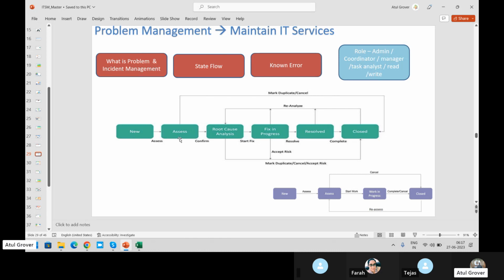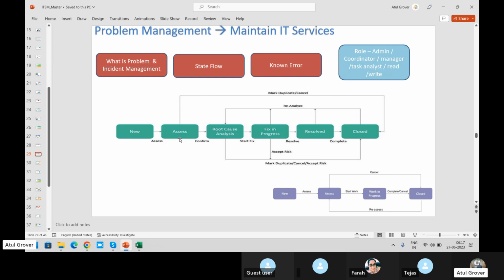It comes to me as a problem manager. Here I do the assessment. What type of assessment? I will see whether this actually qualifies as a problem or not.